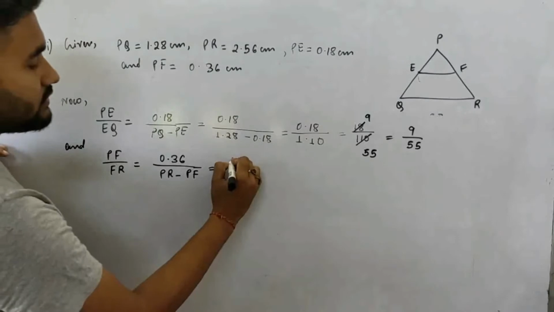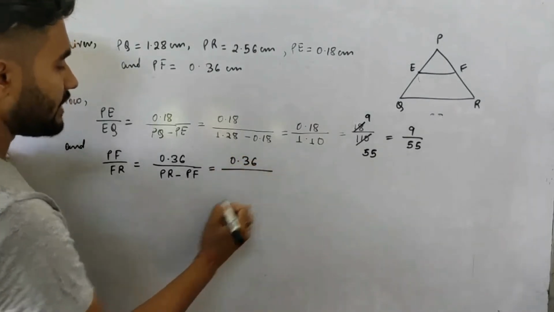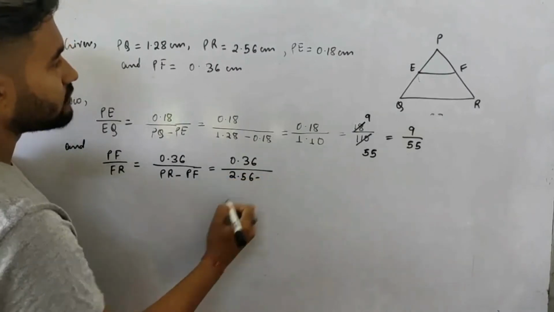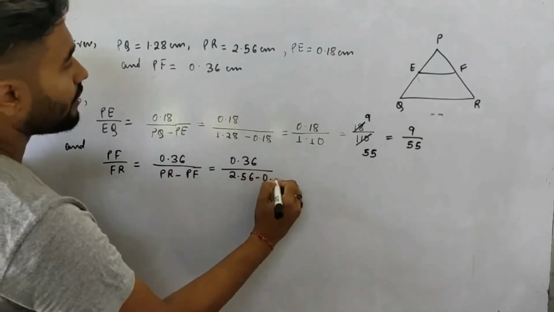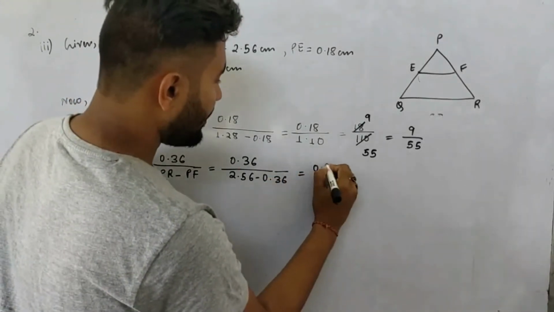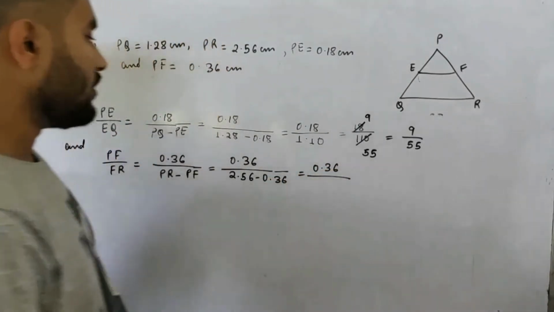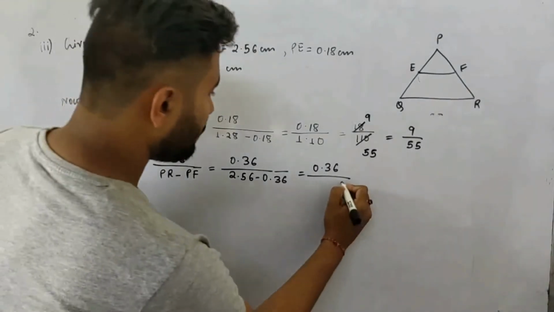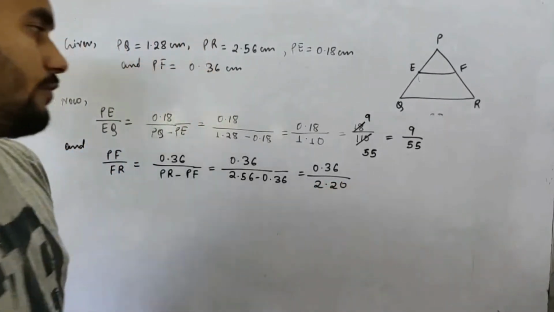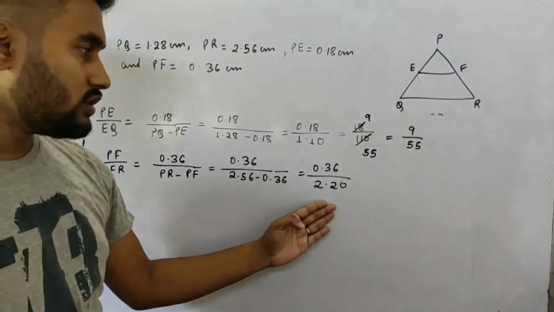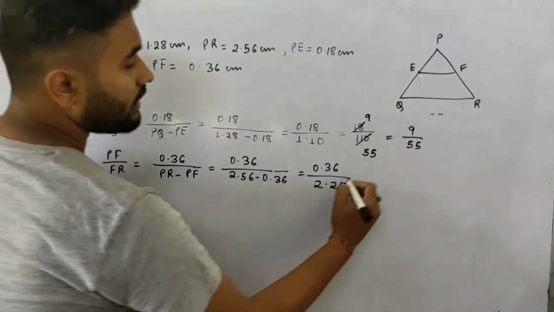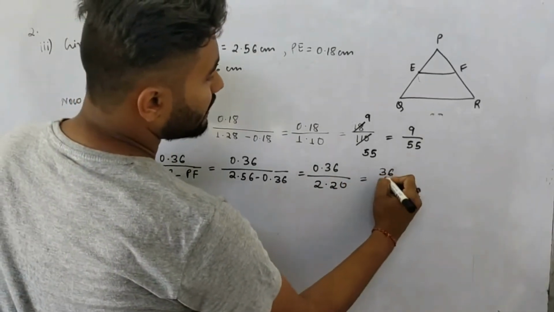Same way, 0.36 divided by, what is PR? PR is 2.56. 2.56 minus, what is PF? PF is 0.36. So this will be equal to 0.36 divided by 2.20. Again, the point is before 2 digits in the denominator, and in the numerator also the point is before 2 digits. So directly if I cancel the point, I will get 36 by